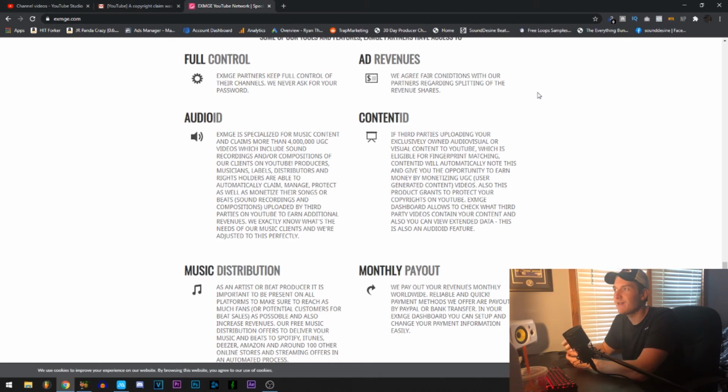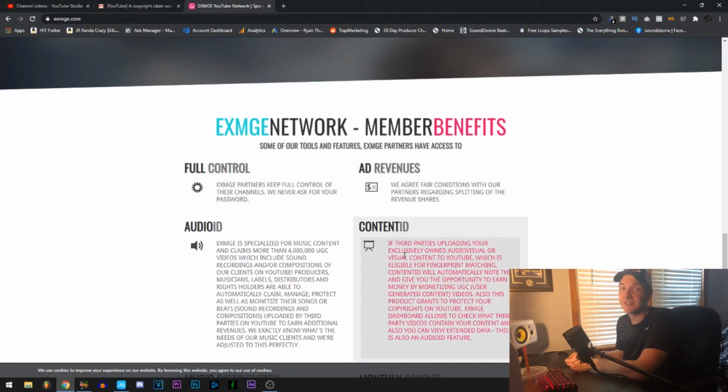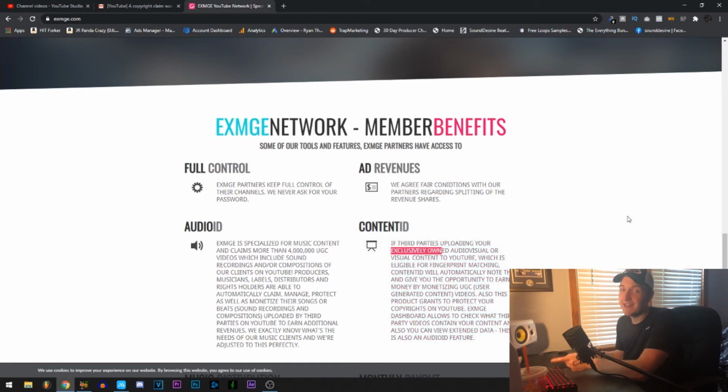And listen, if you were ever to get into any real legal situation, also not a lawyer, this isn't legal advice, but I would imagine this is how things work in the real world. They're going to say, hey, on our website for Exgme Music, it says you need to exclusively own that content to Content ID it. You don't exclusively own that. That's your fault, not our fault, don't come to us. At the end of the day, just don't Content ID your beats if you don't exclusively own the audio samples used in them. It's as easy as that. If you made everything from scratch yourself, then boom, go ahead, use Content ID.